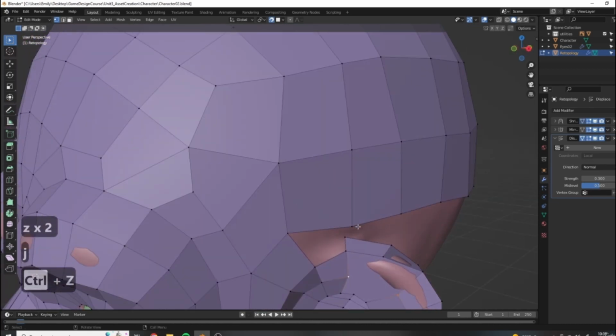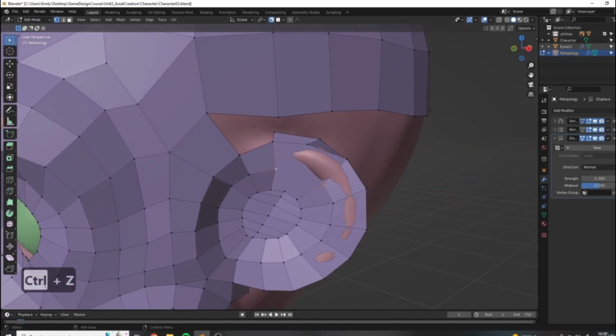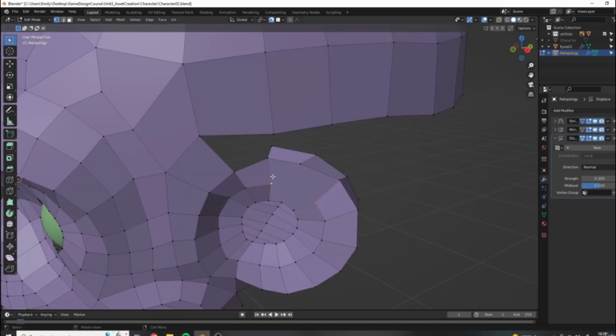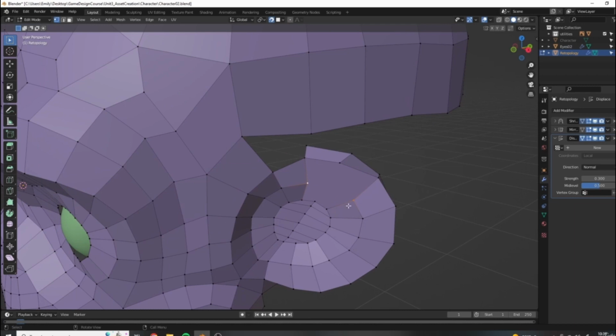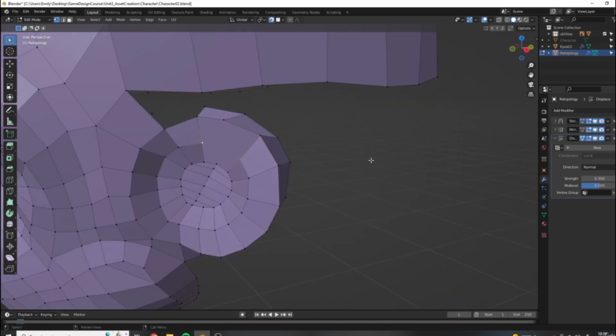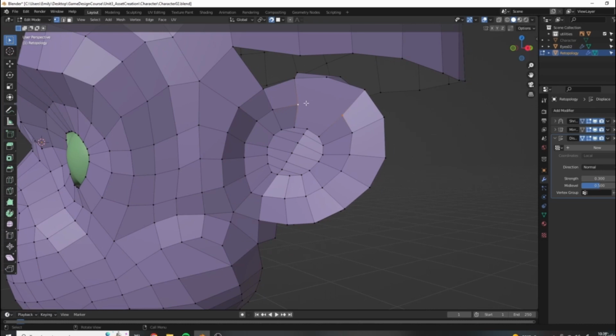So I ended up with some strangeness right here. So let's talk about how to fix something like this. I have this crazy polygon here with many sides, and I'm not even quite sure how I did that. But to split a face